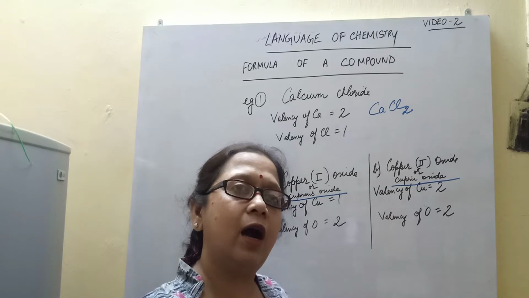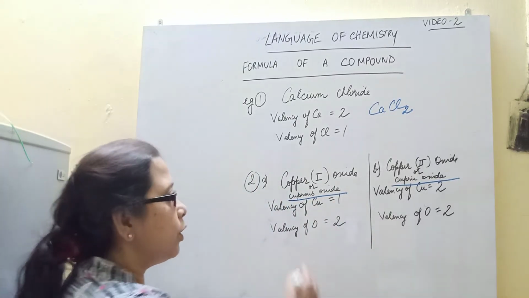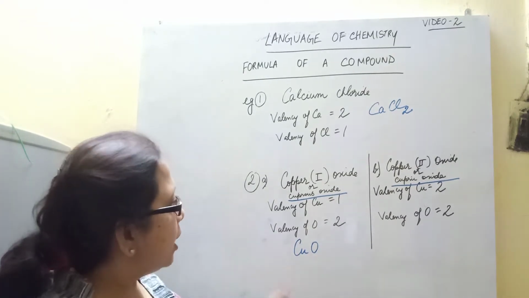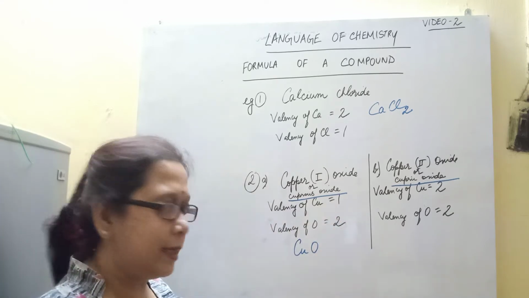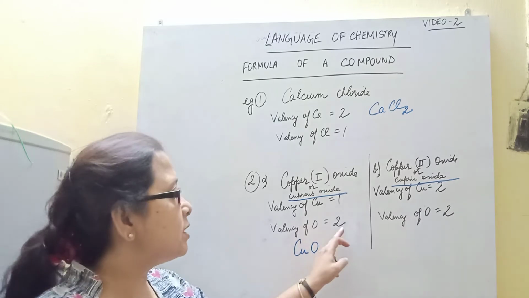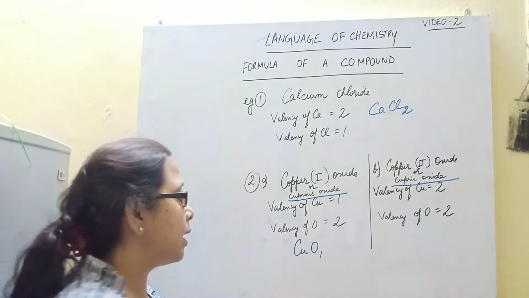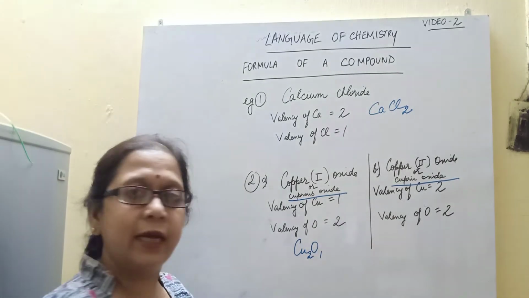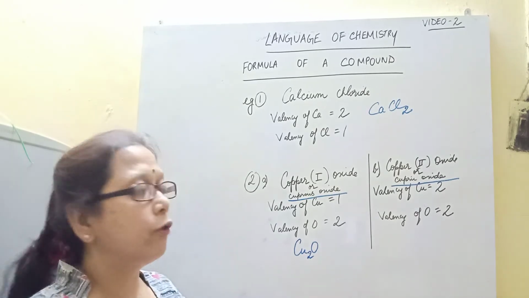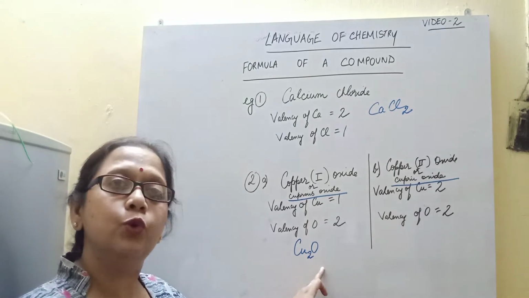Now let us see how to write the formula of both the oxides of copper. Here, as I told you, first you write the formula of the elements. The valency of copper is 1, so its valency of 1 will go to oxygen. And the valency of oxygen is always 2. It will not change, so it will come to copper. But again I told you, we do not write 1. So the formula of copper 1 oxide or cuprous oxide is Cu2O.